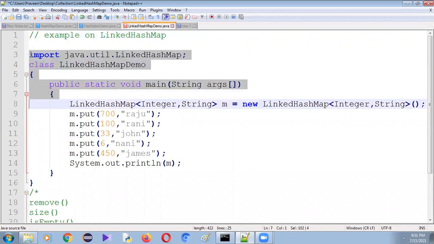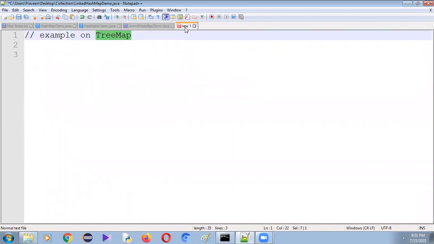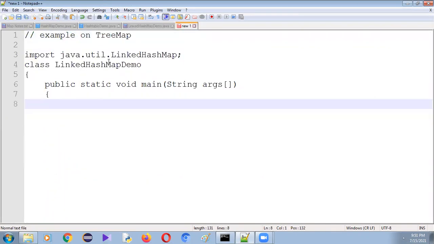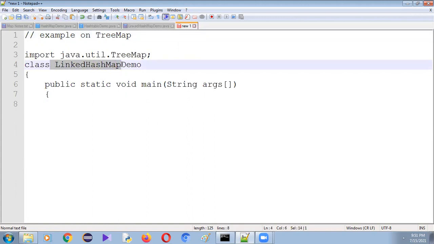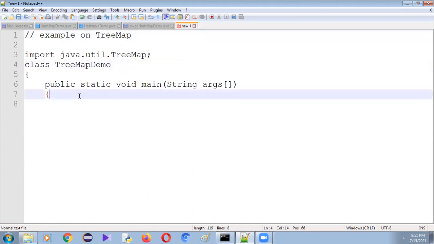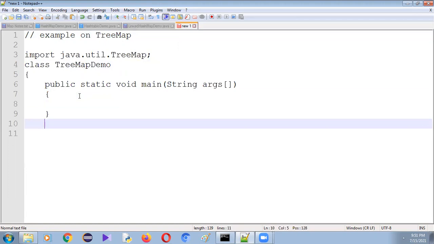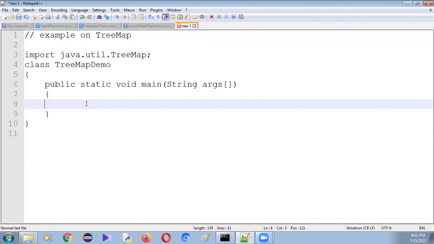Let's copy the code from the previous program. Import the TreeMap, which is available inside the util package. So create a class with the name TreeMapDemo. Create the object of TreeMap.